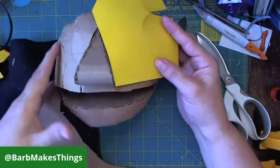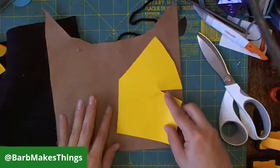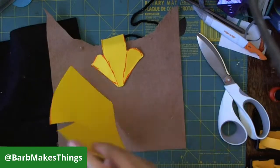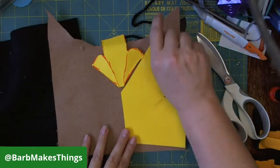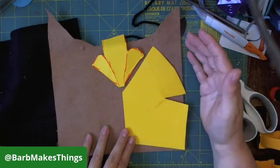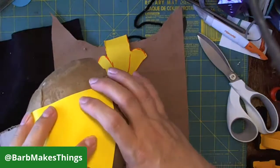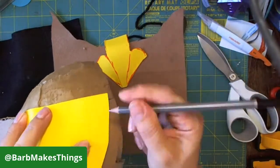This is how much of this felt that I have. It's not a ton. And I realized there's not quite enough to do both of these and the nose. But I think if I trim down the hairline, I'll just cover it with hair. So I'll bring the hairline forward a little bit, because the end of the face goes back here. I can go further forward here. I don't need as much. It doesn't have to go all the way back to the back of this head. So I'm thinking if I go down to here or so,